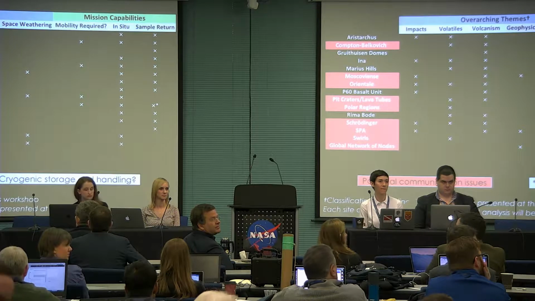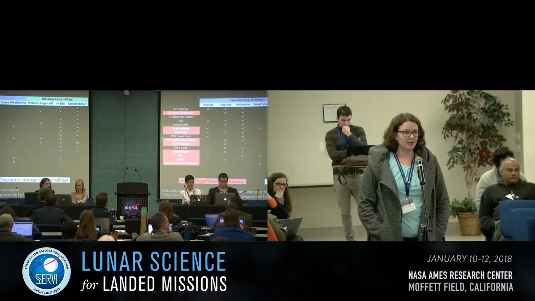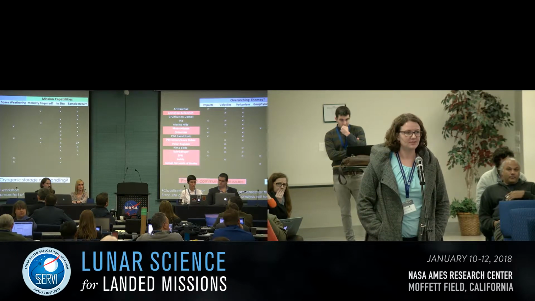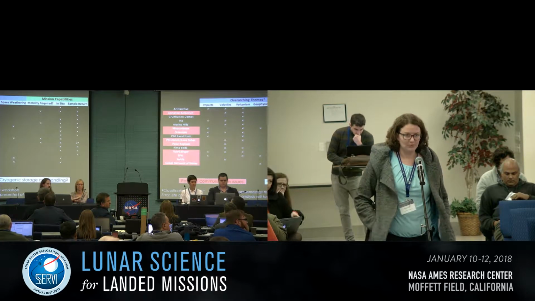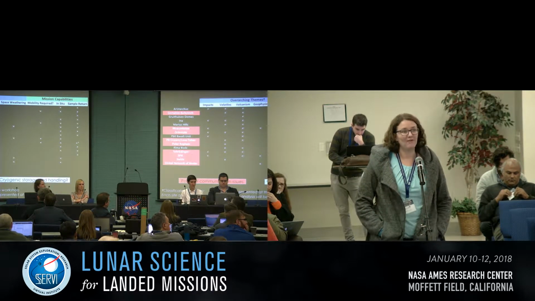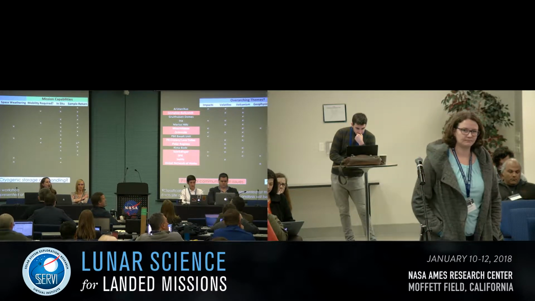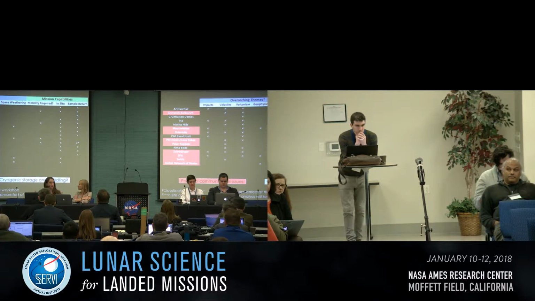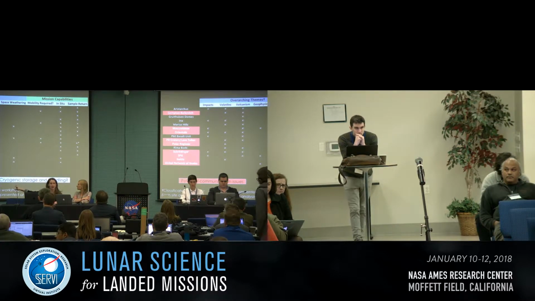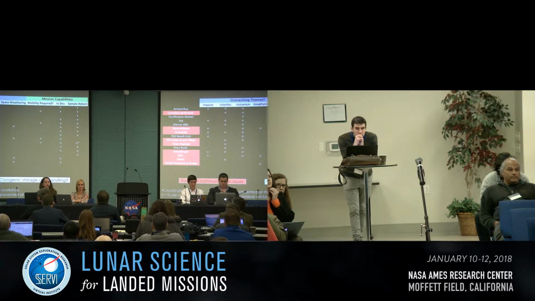I think it might be important to note that, especially for geophysics, the list shouldn't be interpreted as we can only do geophysics at these sites. We want to make sure that everyone knows we can do geophysics anywhere. We have preferred sites, but it's not the same as excluding sites. Yeah, and that's absolutely true. And to incorporate that for geophysics, that's why I added that last line, the global network of nodes. It's just hard to capture that in a chart, but certainly in the final report, that will be made clear.